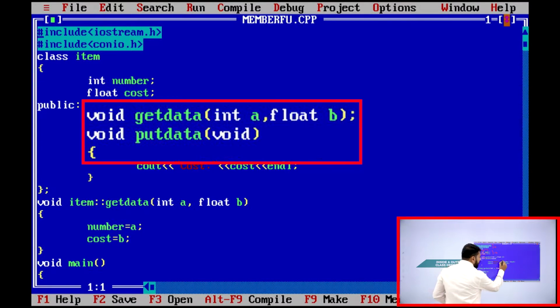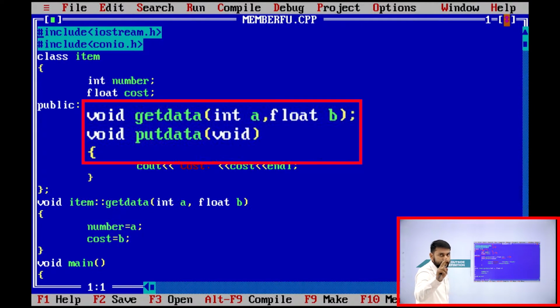You need to observe an important point here, guys. Sir, you are saying get data is a function, but your statement is terminated with a semicolon. What is the meaning of this, sir? My dear students, I am not defining this function here itself. I am just declaring it. There is a difference between declare and define. If I end my statement with a semicolon, I am not defining it, I am just declaring it. That is what you need to remember.